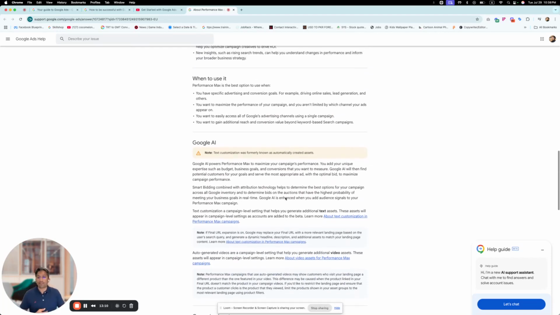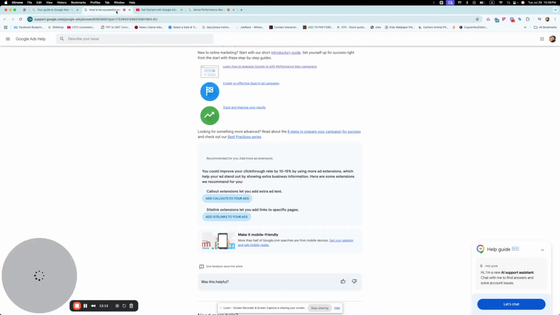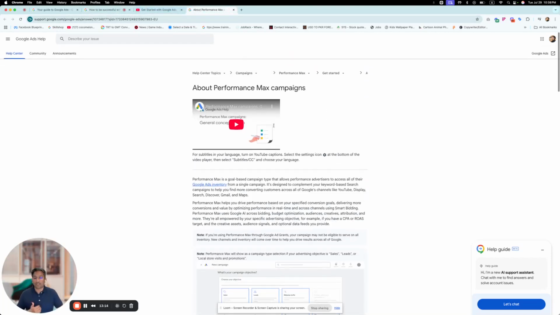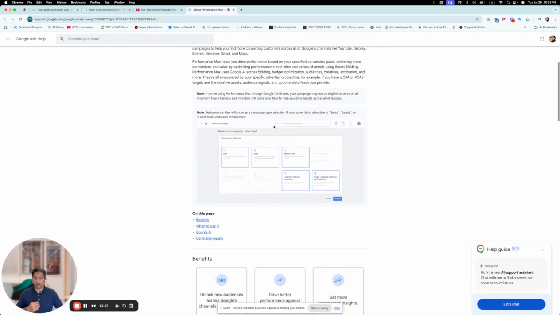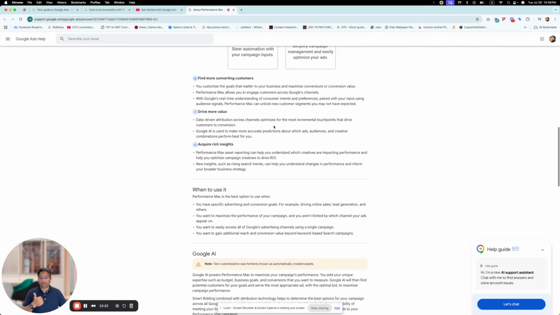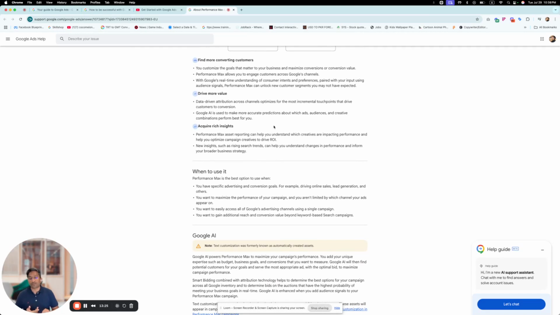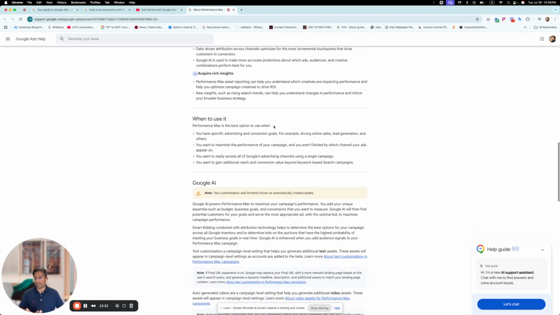Over a period of time, what Google Ads has done is start introducing new placements. The search placement, display is a placement, YouTube is a placement, and all other search partners and the display inventory are placements that are being considered.